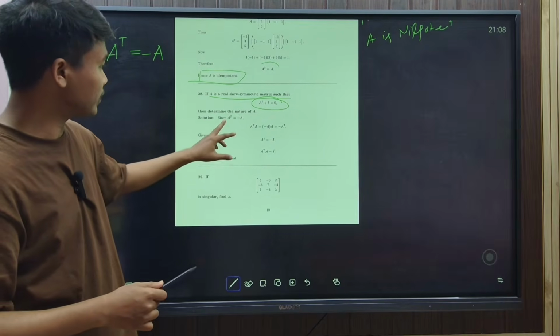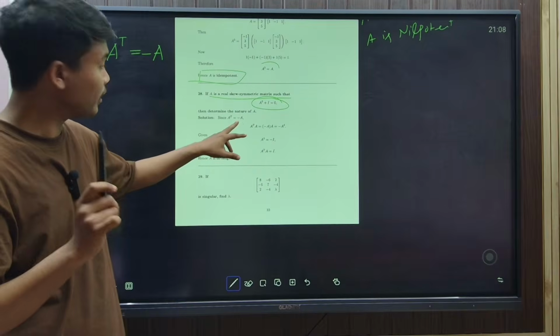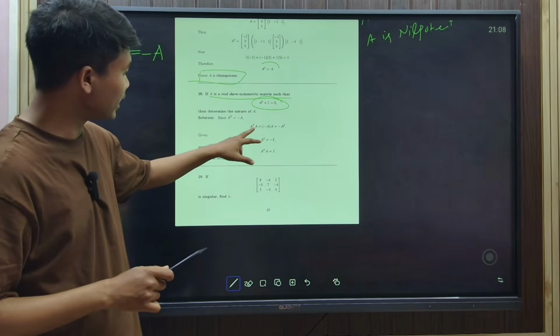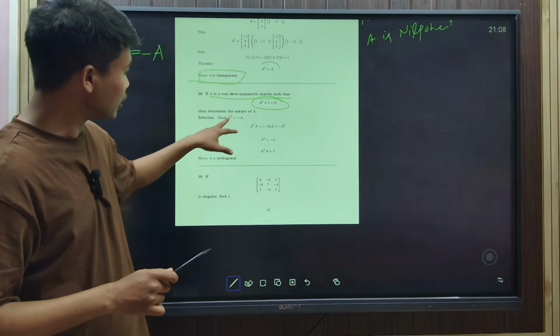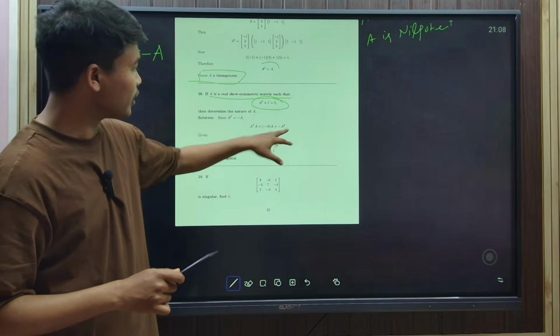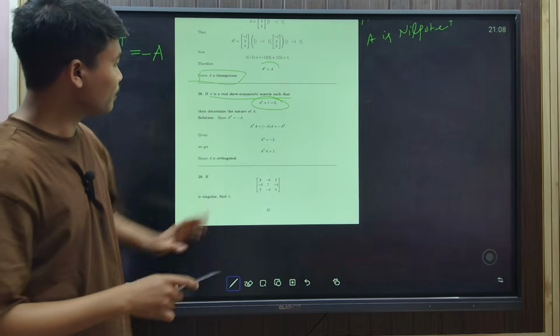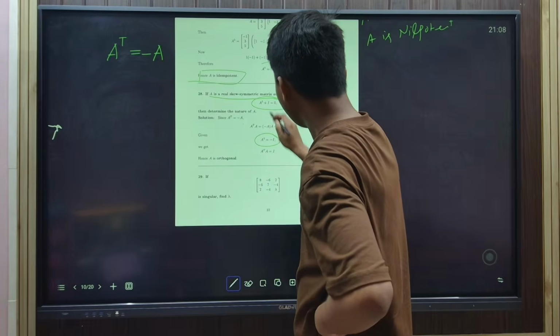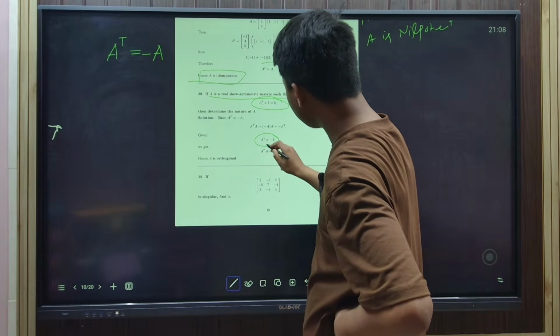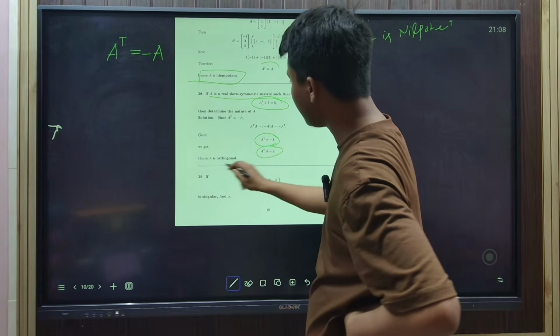Find the nature of the matrix. A transpose equal to minus A because it is a skew symmetric matrix. Now A transpose A equal to minus of A times A, I can write, right? Because A transpose equal to minus A. So that is minus A square. So A square equal to minus of I, because A square plus I is 0. So A square equal to minus of I, that means A transpose A equal to I, that means A has to